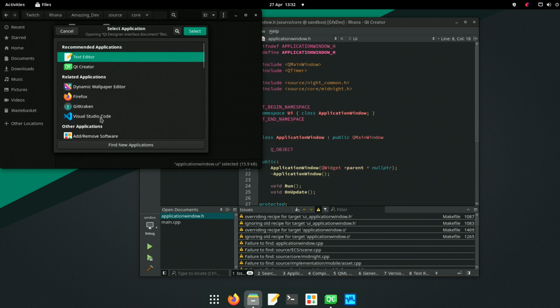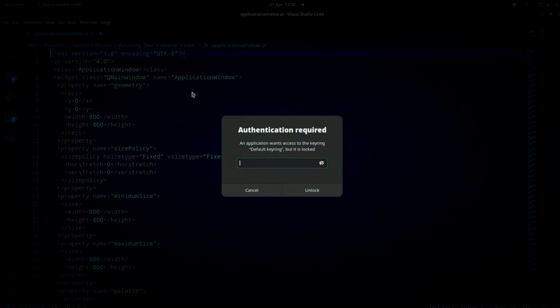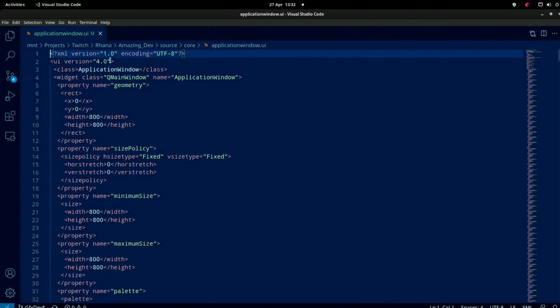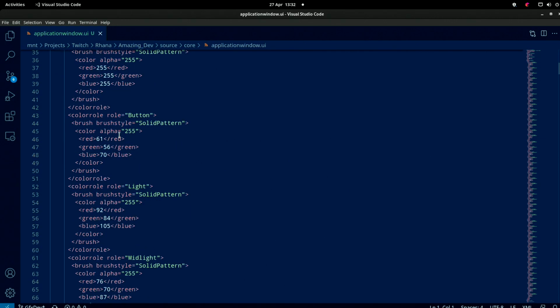View all applications. I want Studio Code, please select. Here we go. Type some random thing in. And here we go. It's trying to find application window. But where is it trying to find it? It should be trying to find it within the current program or solution's working directory. And that's not where it is.